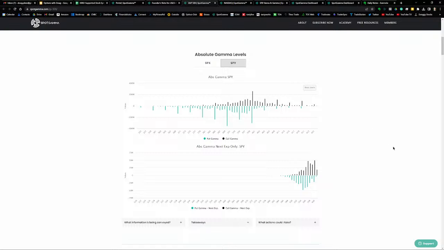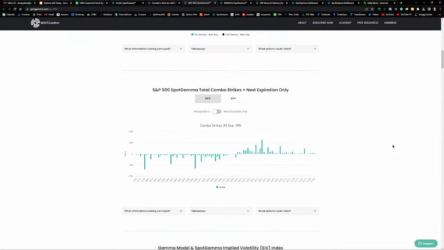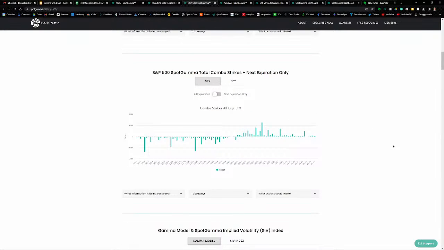All right, let's take a look at one other chart while we're on this page, and these are the combo levels. This is combining gamma for SPX and SPY into one level converted to an equivalent SPX number, showing the same thing: positive gamma above the zero line and negative gamma or put gamma below. And this will show